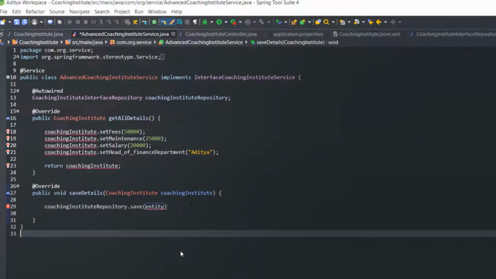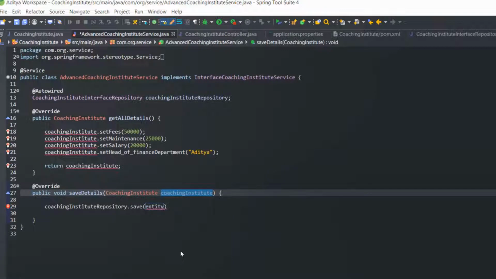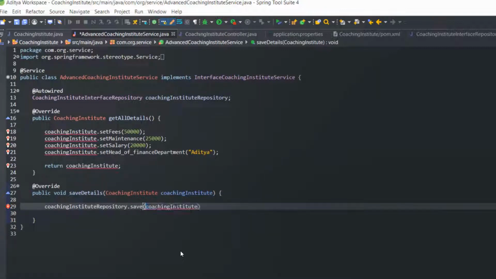Now here I am going to use one JpaRepository method, save, and inside save I am going to pass all the data that I want to save inside the database, CoachingInstitute.